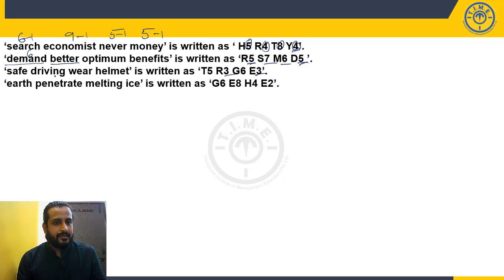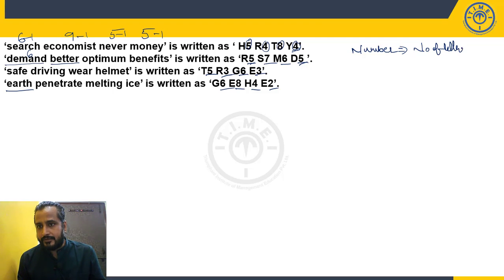Driving, 7 letters, 7 minus 1 is 6. Yes, we have. Wear, 4 letters, 4 minus 1 is 3. Yes. Helmet, 6 letters, 6 minus 1 is 5. Yes, we have. Earth, 5 minus 1 is 4. Yes. Penetrate, 9 minus 1 is 8. Melting, 7 minus 1 is 6. Ice, 3 letters, 3 minus 1 is 2. So what is the logic in the number? The number is the number of letters in the word